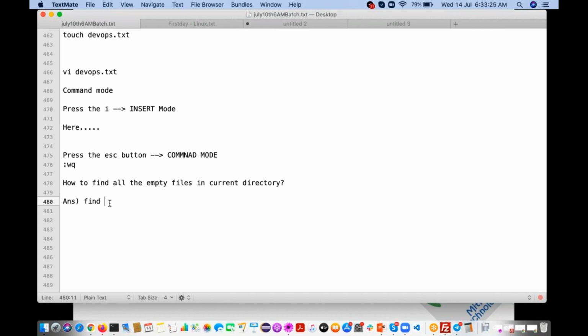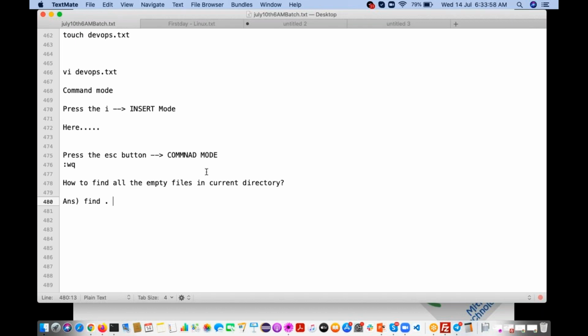If you want to search for any file or directory on a Linux server, we use the find command. Find, and then you have to specify where you want to search. You want to search in the current directory. How do we specify the current directory in Linux? Dot. Dot represents the current directory.